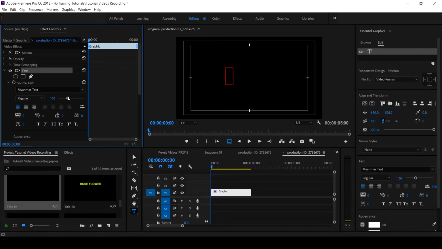You can decide to increase your text size. Let's make this 182. Then let's reduce it because we'll be typing much. Let's make it 108. Then you come to your source text, you highlight it and click on the stopwatch behind it